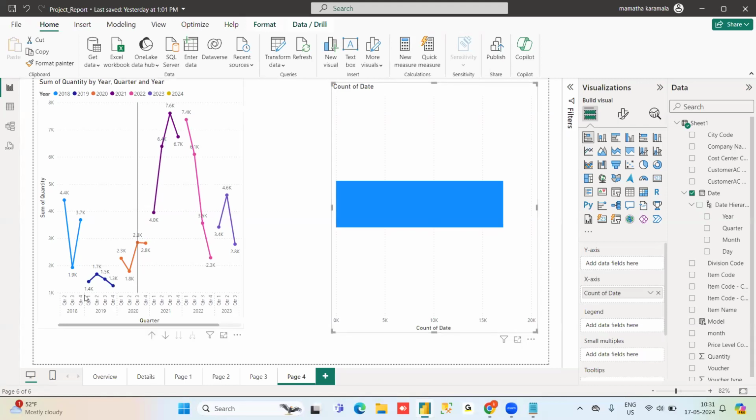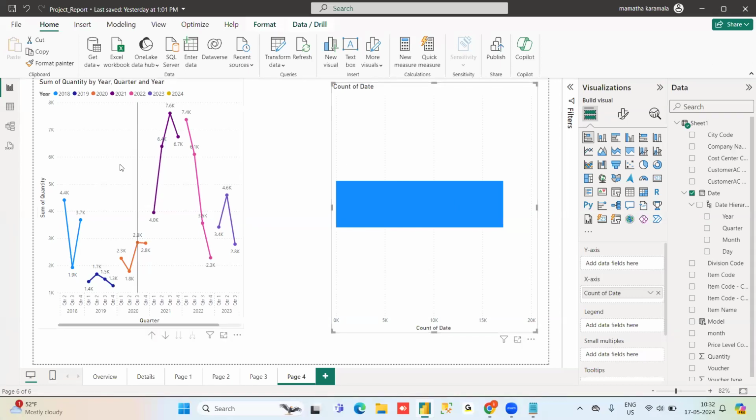Normally x-axis will take dimension related, y-axis values. But coming to a stacked bar chart, you need to observe here, you need to take values in the x-axis. In the y-axis, you need to take dimensional values, but it depends on the visualization.